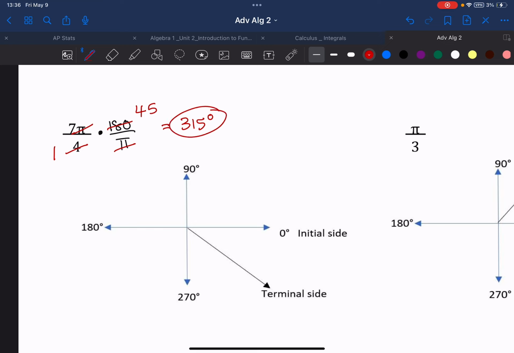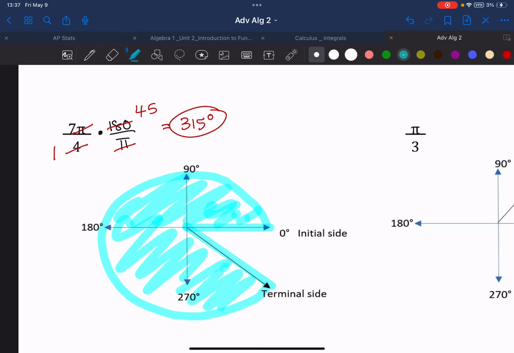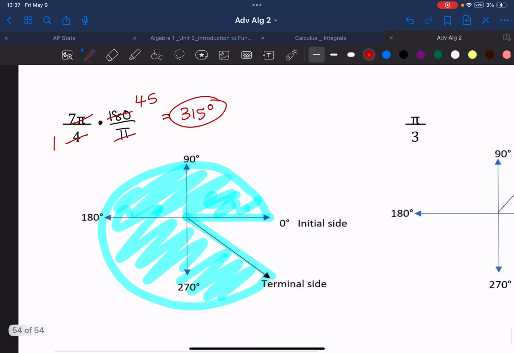It's positive, which means it's going counterclockwise. Our initial starting point is the positive side of the x-axis, and it's going all the way around until it hits the terminal side right here, which means this whole shaded area is 315 degrees. We know that an entire circle is 360 degrees. So to find this theta value that's separating the terminal side and the initial side, we just do 360 minus 315, and that is going to give us